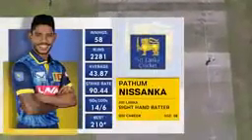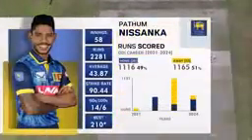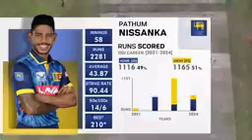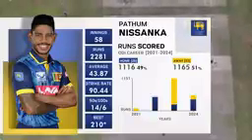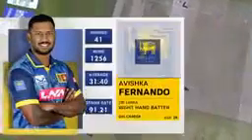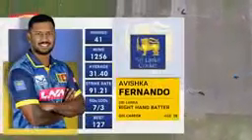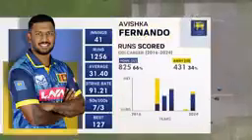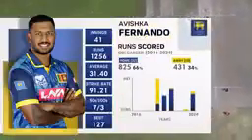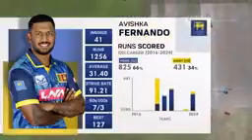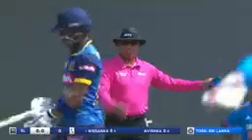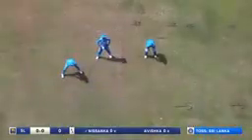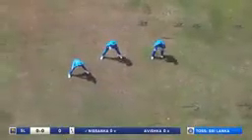So Nissanka, who's been in terrific form in the T20s and up until the last game as well, I'm sure he'll be feeling confident. But he will have a battle on his hands because this is a country that Mohammad Siraj likes to bowl, and Rohit Sharma against Avishka Fernando and Nissanka will have two slips in place. Almost ready for the first delivery. Joel Wilson says it's time to get ready. Pathum Nissanka. There's those two slips in place.